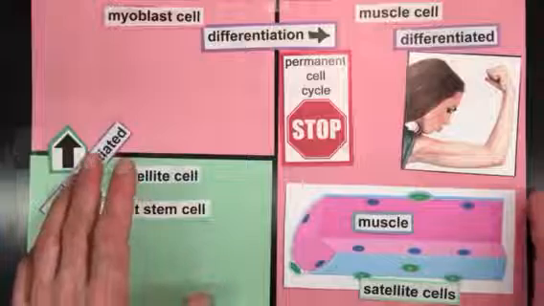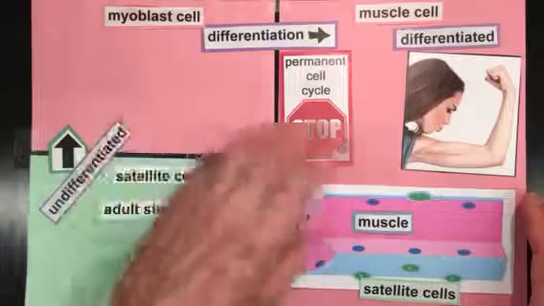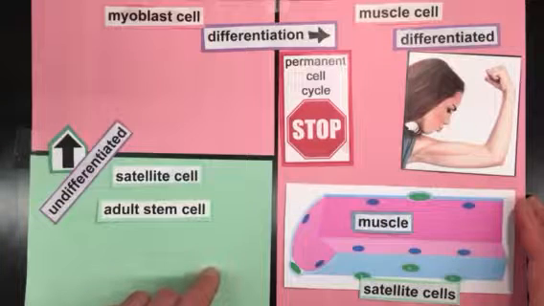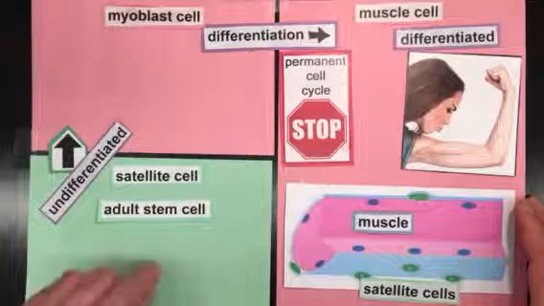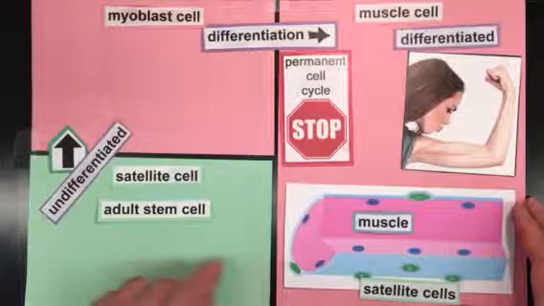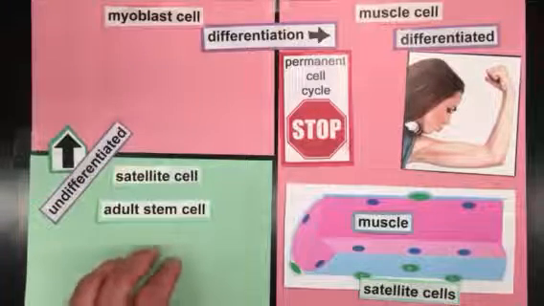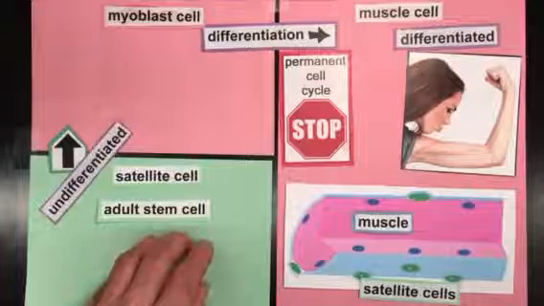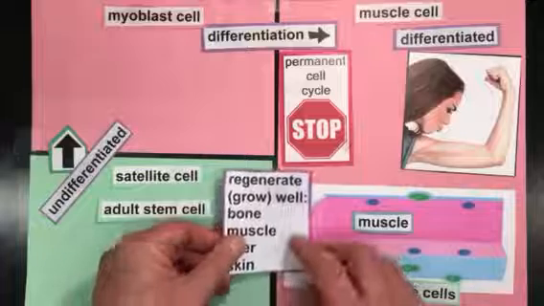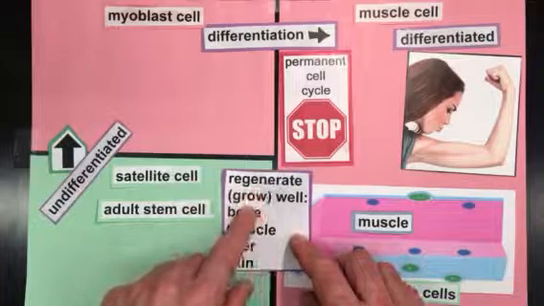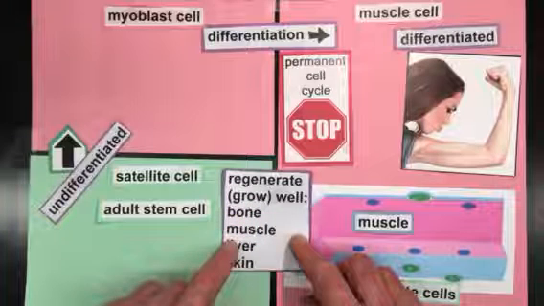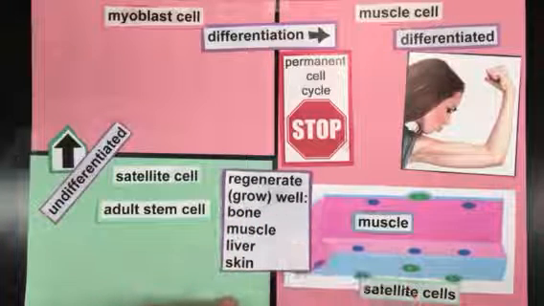The muscle can grow even though differentiated muscle cells stop. The mechanism is to have cells in reserve that are just paused in the cell cycle and can be stimulated to proliferate and produce more myoblasts. Muscles are an example of tissue in our body that can grow and regenerate, recover well. Those include bone, muscle, liver, skin, and several other examples.